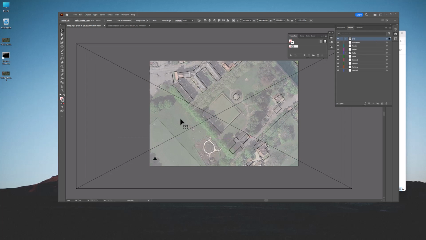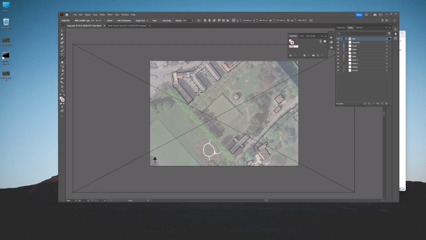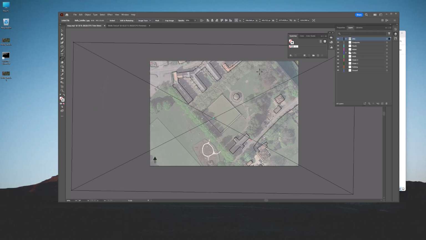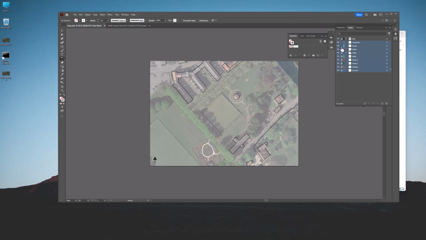I had mine turned off by accident, but if you just hit Control-H or go to View, Show Edges, then you will be able to transform each individual element using the handles instead of just dragging it while you're scaling or rotating. Okay, so now that I have this relatively well oriented, it doesn't have to be perfect, but I